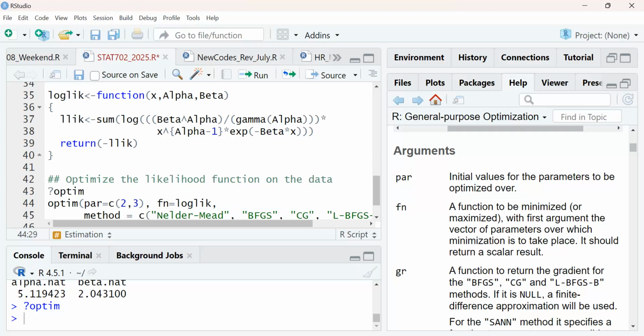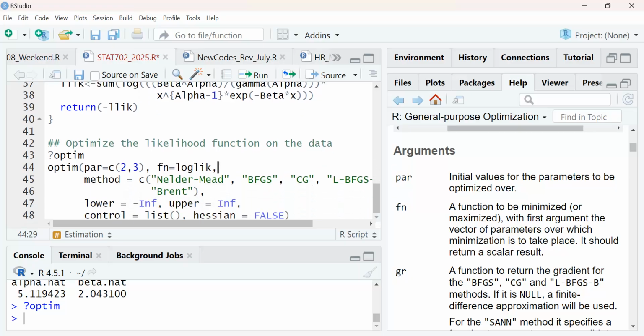Okay. Then the method, by default, uses Nelder-Mead. But the others, each of them will give you different results, usually, with some precision. Each of them also has its advantages and disadvantages as well. So let's stick with Nelder-Mead. If I leave it like this, it takes the first one. So let's leave it like that.